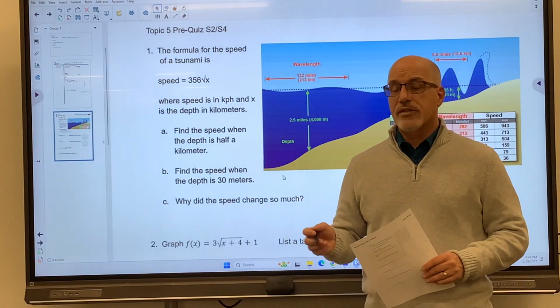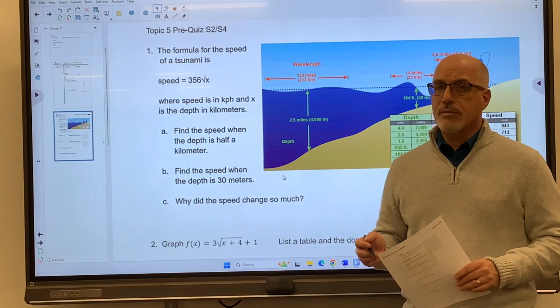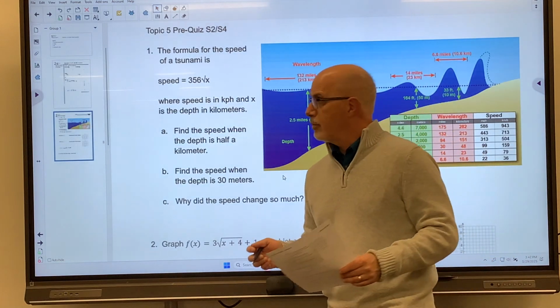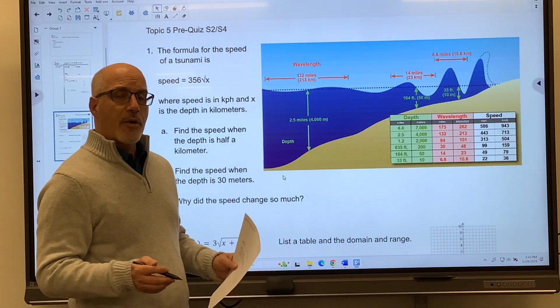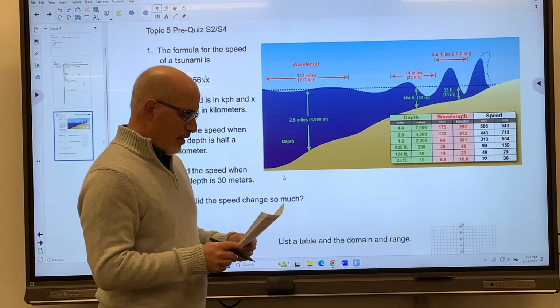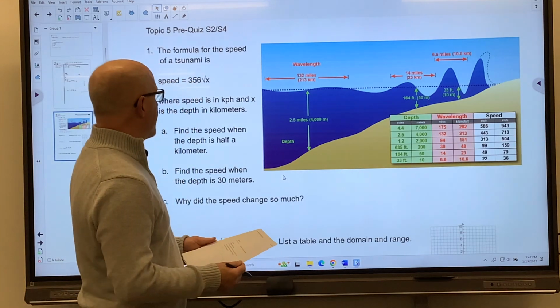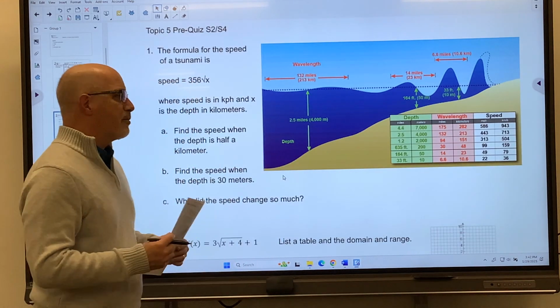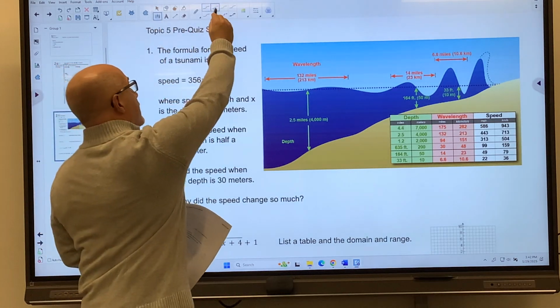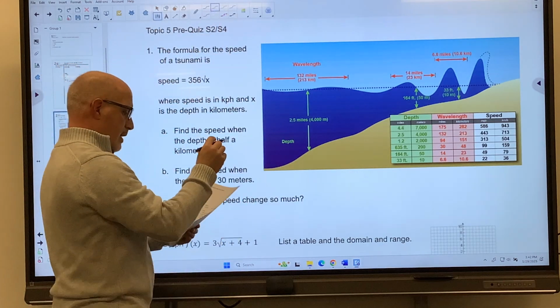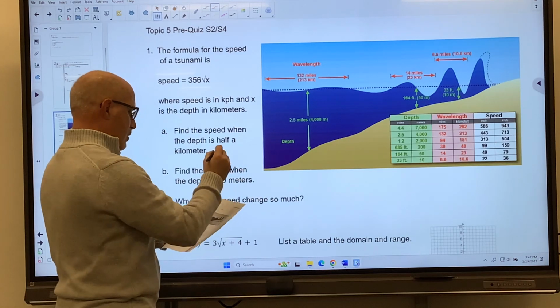Let's work through the answers and some of the work for this pre-quiz for Algebra 2. The topics for this are going to be graphing our radical equations, and then also we're going to work on simplifying. So first of all, this word problem, just to give you the answers if you were to work through this problem. The answer for this first one is going to be